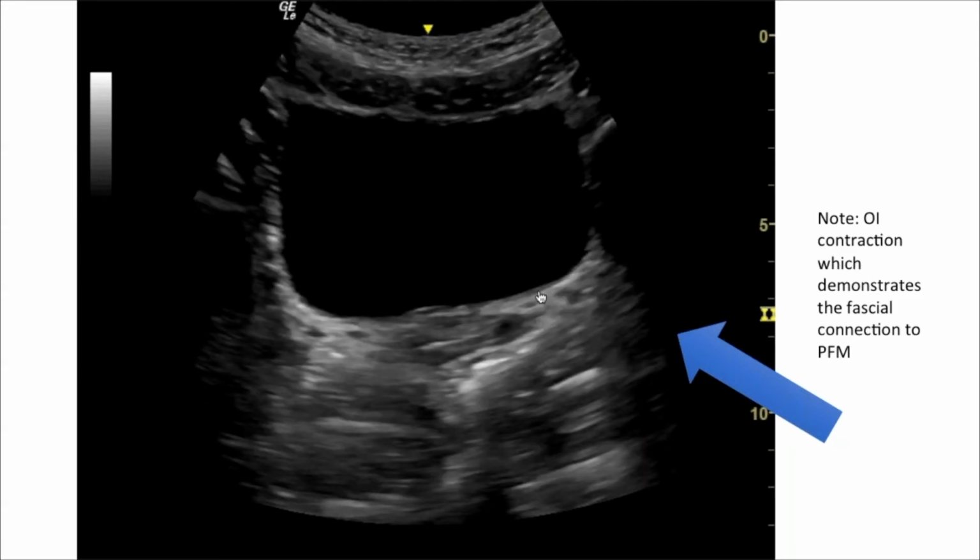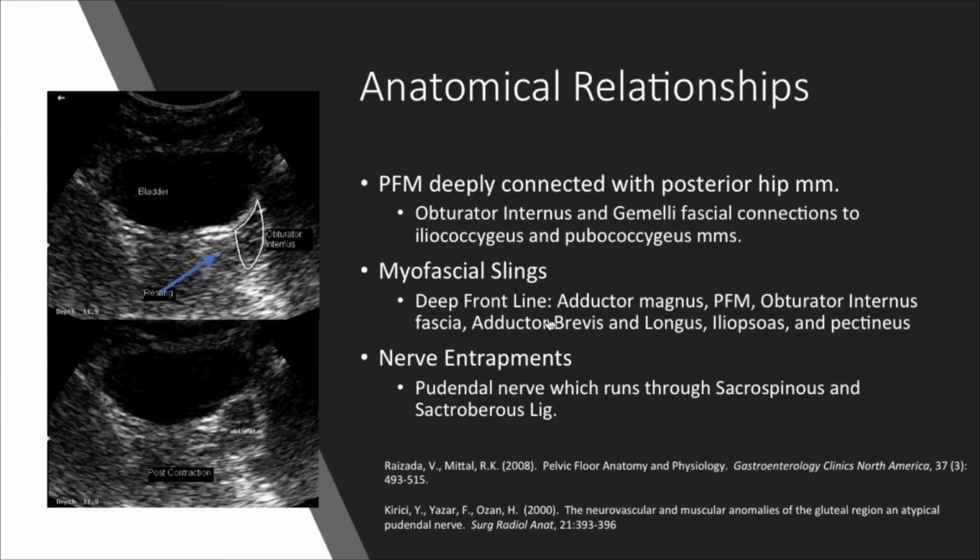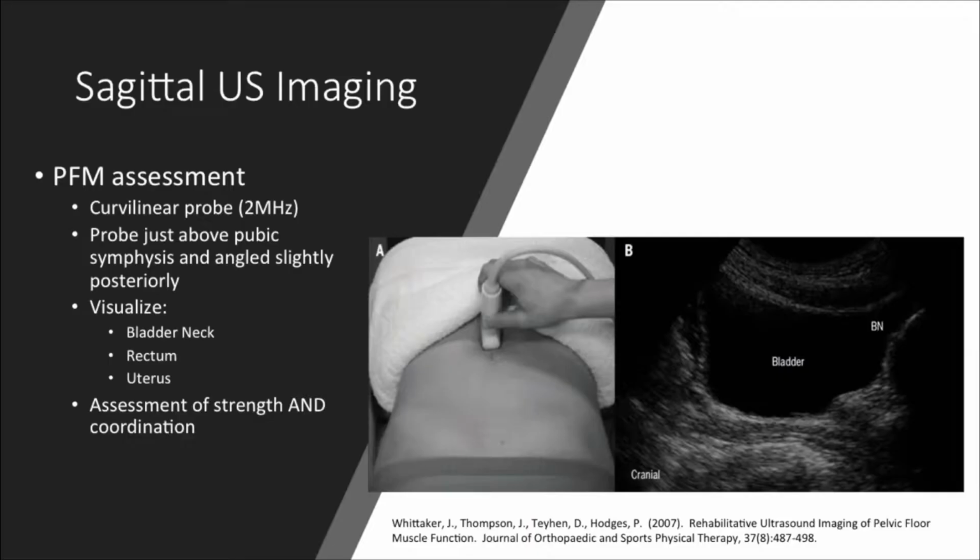You might also see with a very hypertonic obturator muscle, as we see in this image here, a change in even how your bladder looks. So it can even show a difference in the shape of the bladder. So if you put your transducer on this individual and you already see a change in the view of your bladder, you can start to understand, is there a hip rotator component to why they can't contract their pelvic floor properly, and is this something that you can release manually before, say, you have to send them to a pelvic floor therapist.